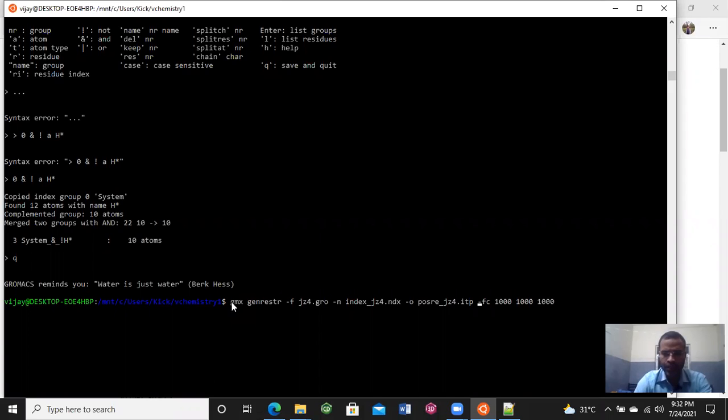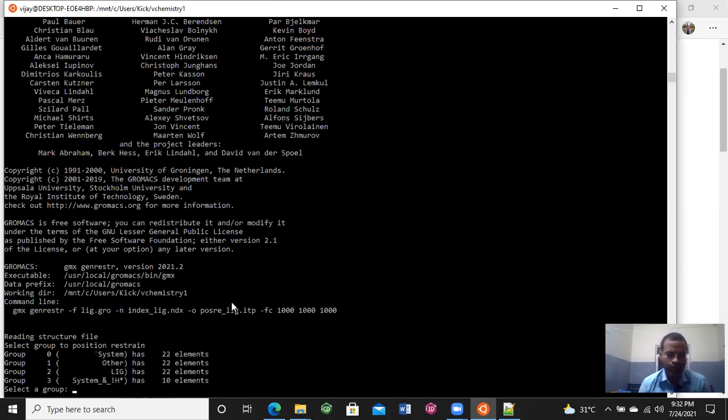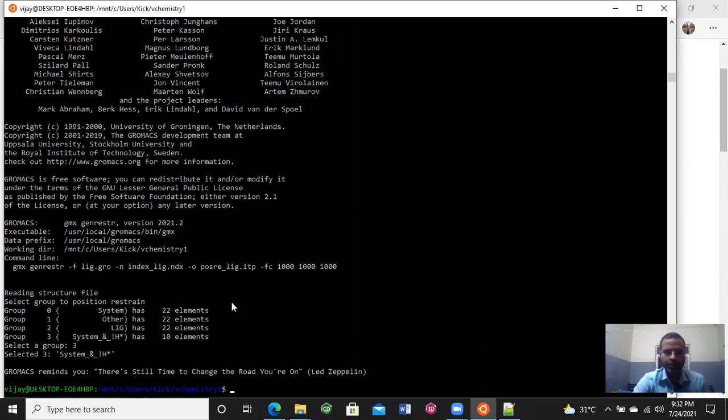And just change the name here, because JZ4 is our ligand, so I am renaming it to Lig, and press enter. Now the index file is created with system and H star, that will be group 3. So type 3 and press enter.